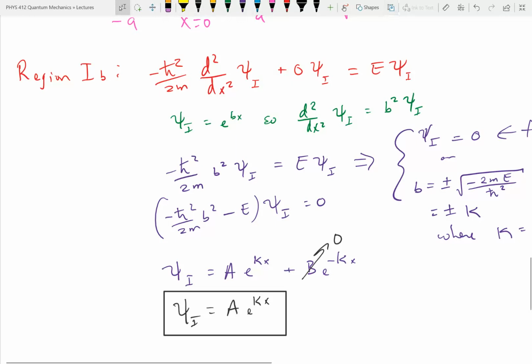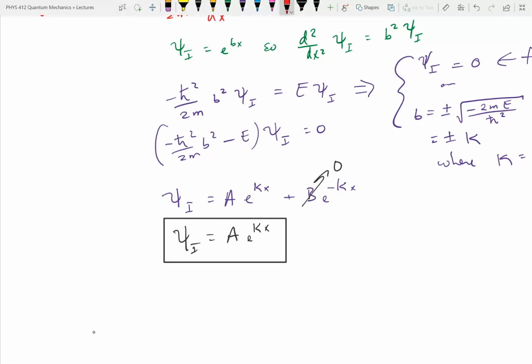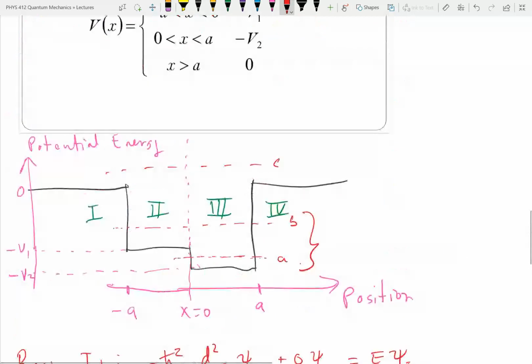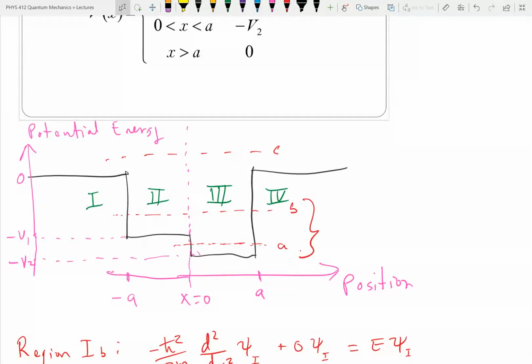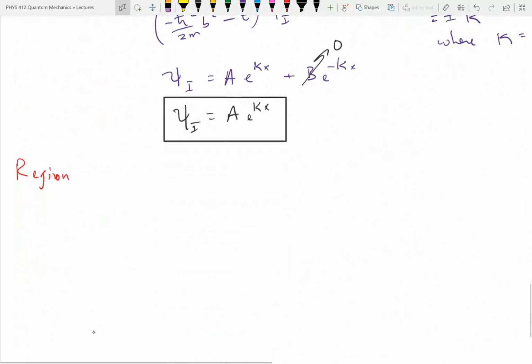Now what? That was one of 4 regions. Okay, so let's find the next one. Yeah. Region 2, B. Actually, let's make life easy. Region 4B. Why region 4B? Because it's so similar to region 1B. Exactly like region 1B,